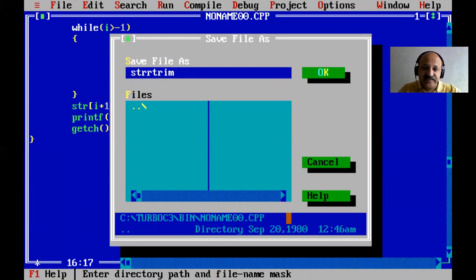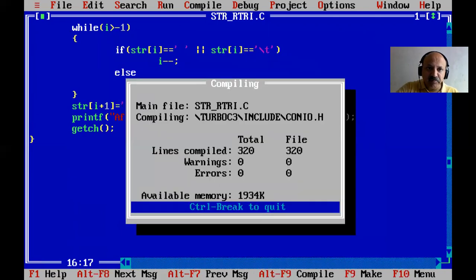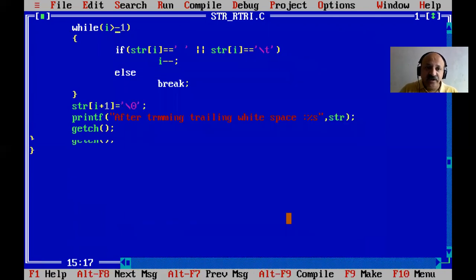So here we can write str and rstrim, maximum, but R is 9 characters, so I remove one. So M, 4 plus 4 is 8. Now let us see. M is fine, or you can also have R two times, that is also a possibility. So I compile. Yes, there is no error.